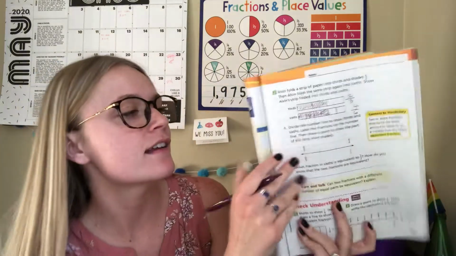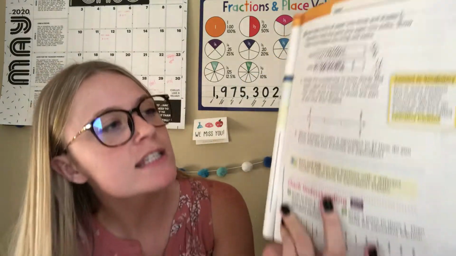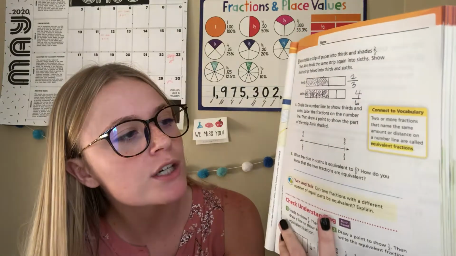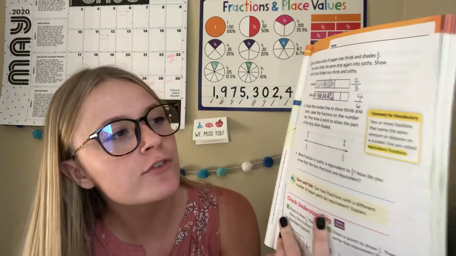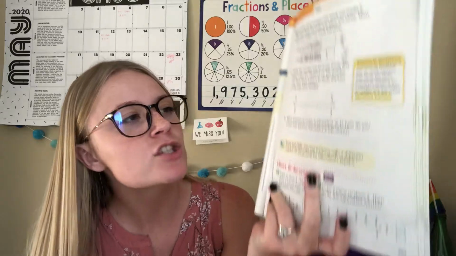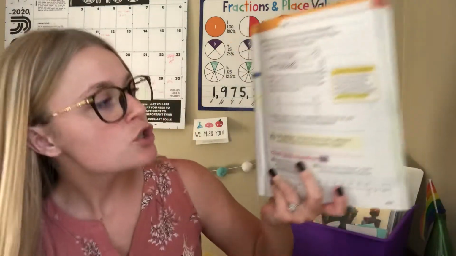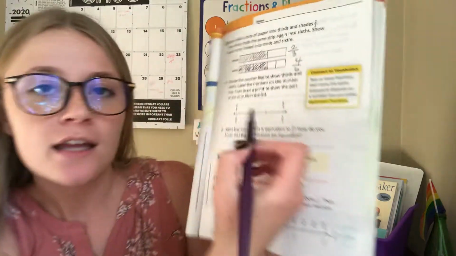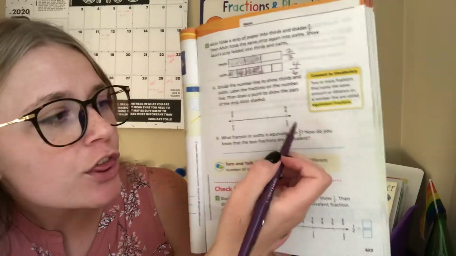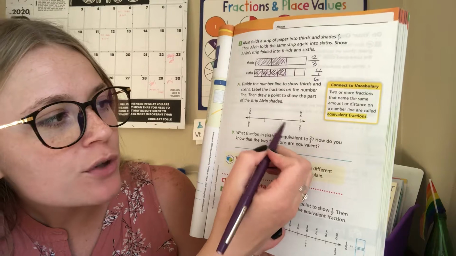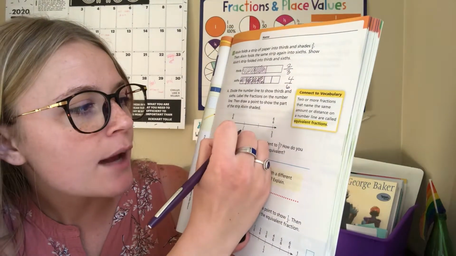Oh, okay. So then part A says, divide the number line to show thirds and 6. Label the fractions on the number line. Then draw a point to show the part of the strip Alvin shaded. So it already did the number line into thirds. 1/3, 2/3, 3/3. So I'm going to label that 1/3,